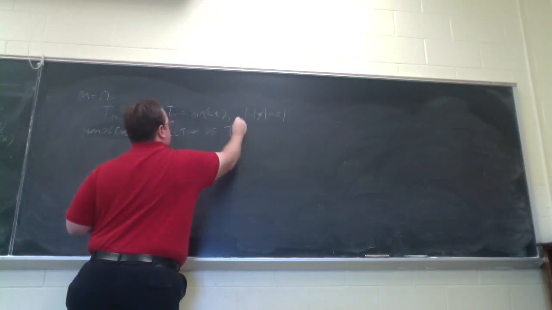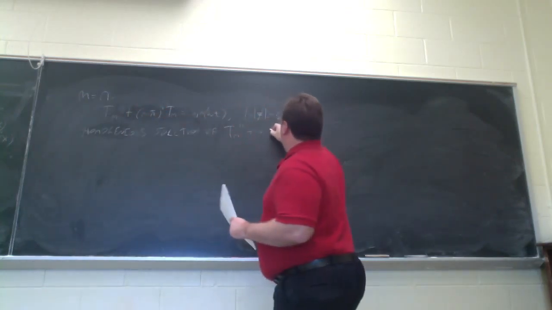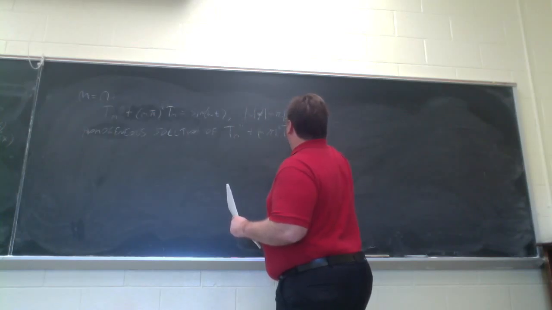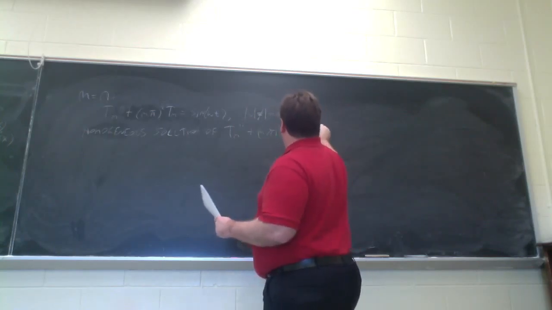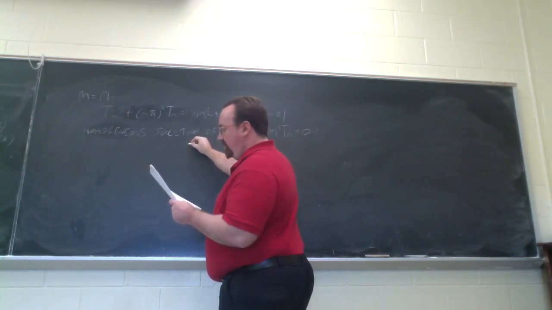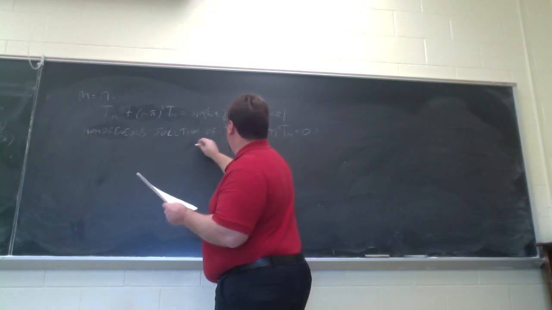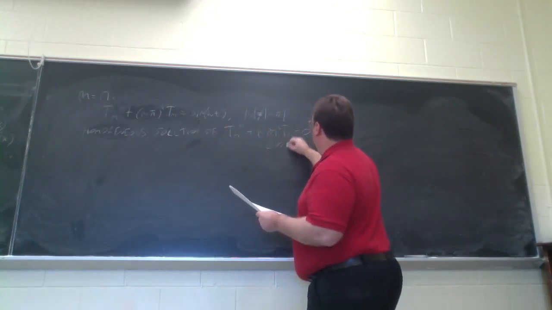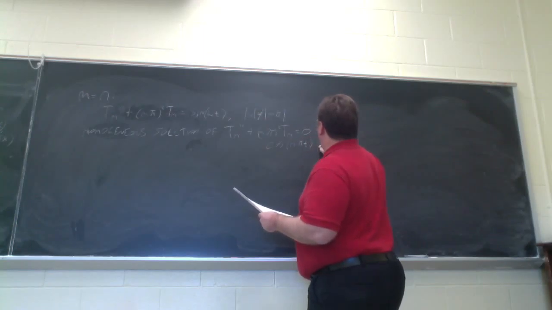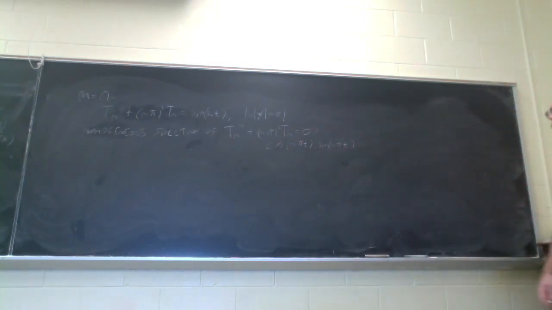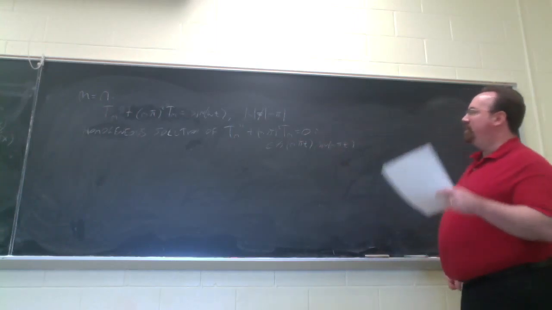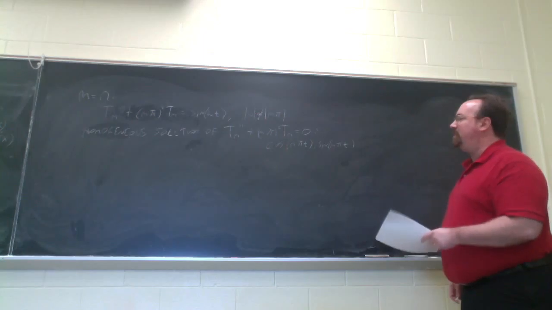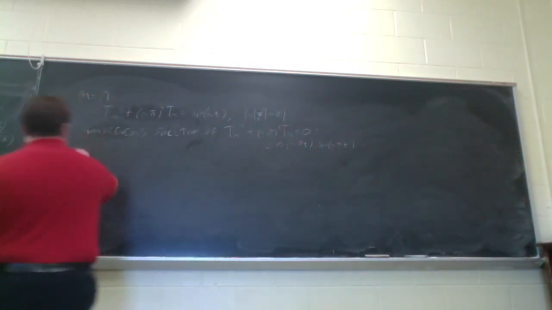Of Tm double prime plus m pi squared Tm equals 0, there are two independent solutions. So we have cosine m pi t and sine m pi t. Now, if you take any linear combination of these, in other words, you multiply them by constant coefficients, that again will be a solution of a homogeneous equation. So we want a solution of a non-homogeneous equation, and the idea behind variation of parameters is